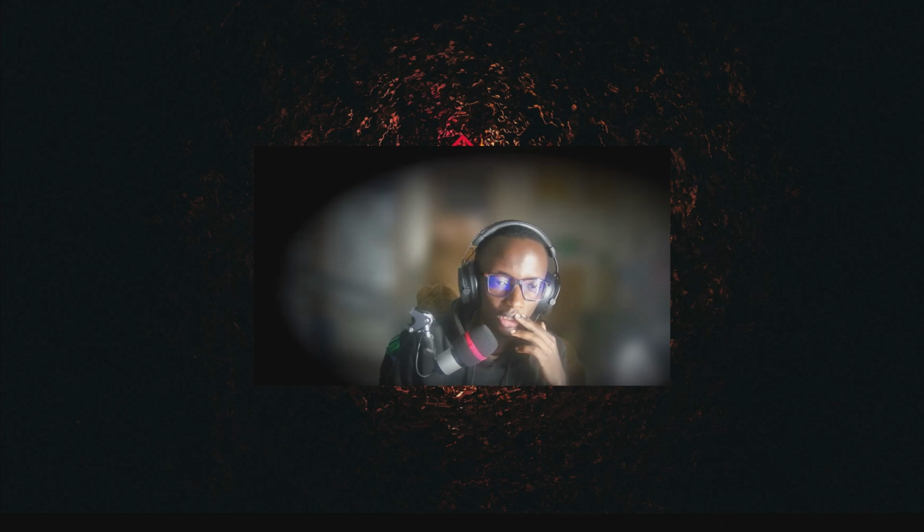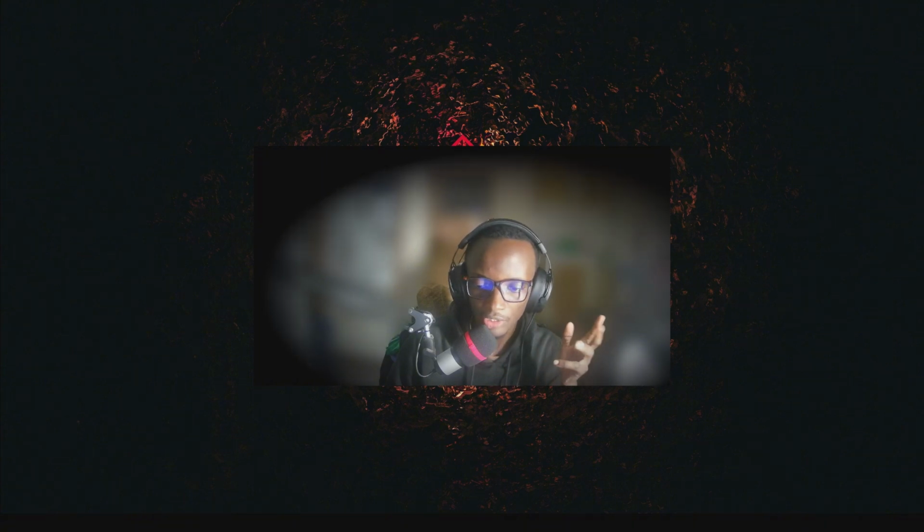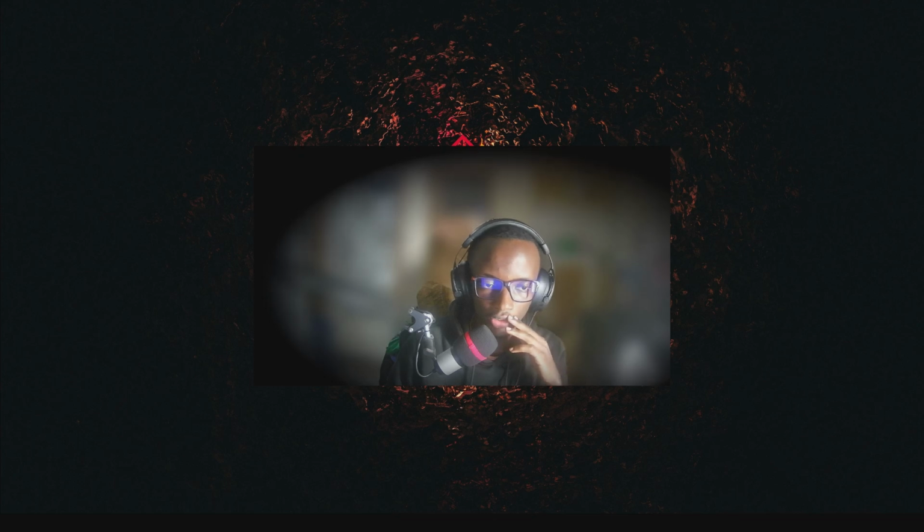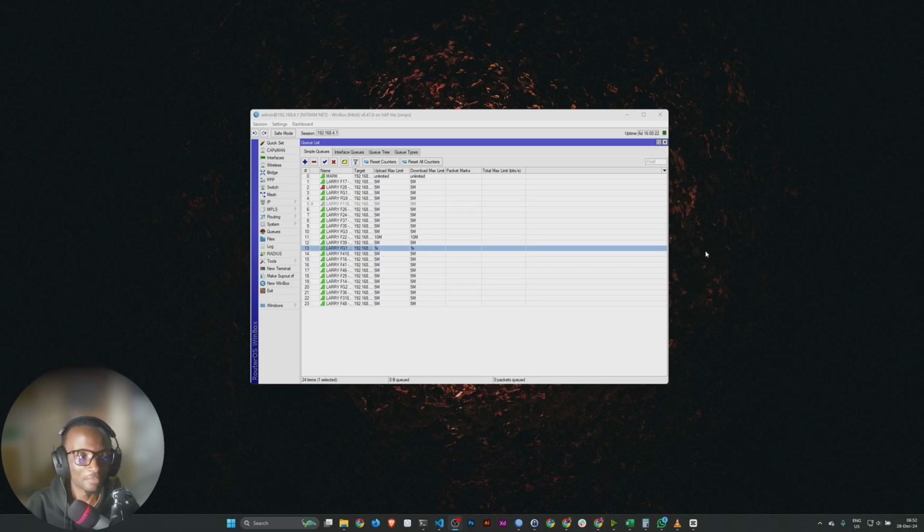Something else is later, actually. There's something called a RADIUS server. I'm not very conversant with it. I've just done a bit of research on it, and it allows you to... I have this. It's called Winbox. Hi, this is FutureMark again. So what you see here on the screen right now, that is the Winbox that I'm talking about.